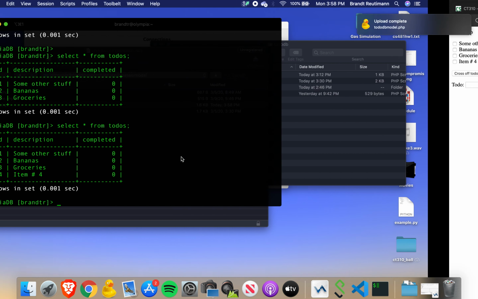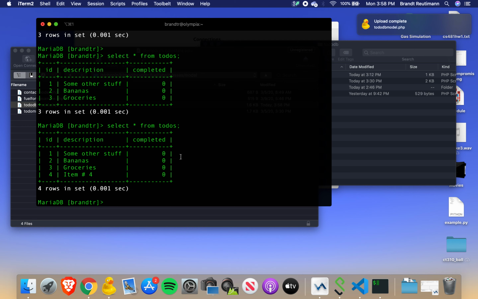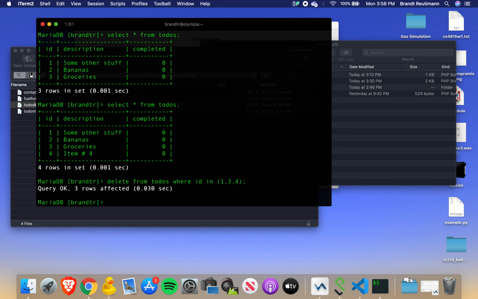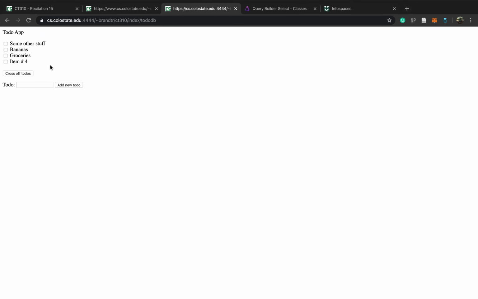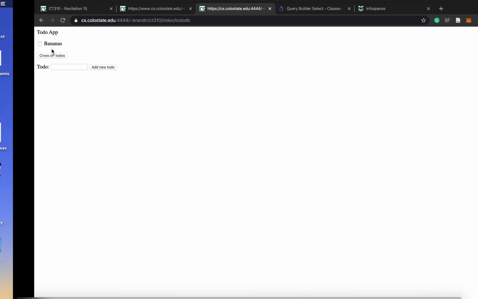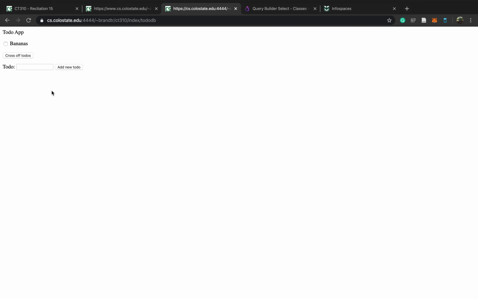So this is the equivalent of if we were to do delete from to-dos where ID in the list 1, 3, and 4, right? So now I've deleted these items. So if we select star from the table again, we have just bananas. Now if I reload this, you'll see that this change is also reflected here because it's getting its data from this database. So now if we add our items,